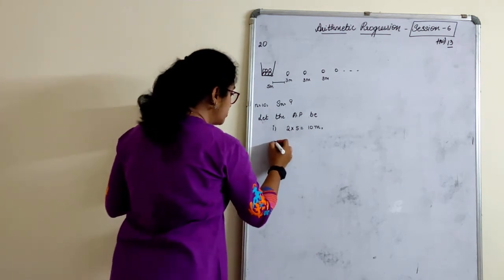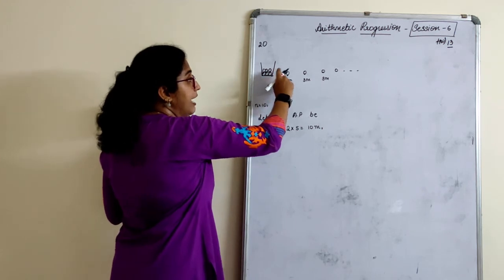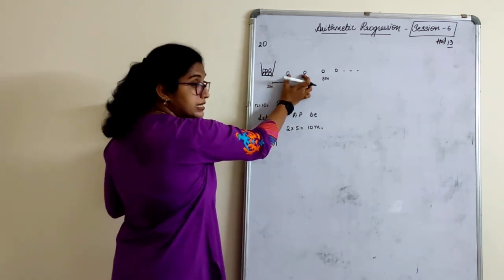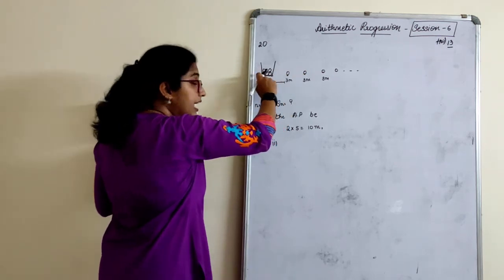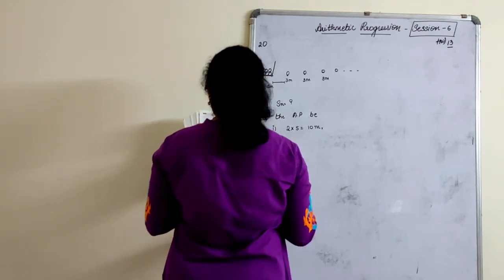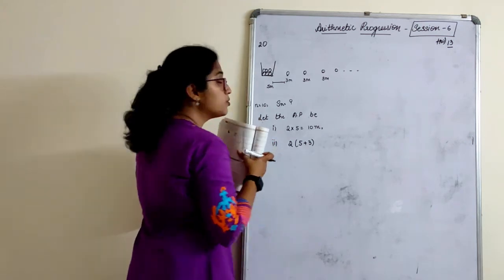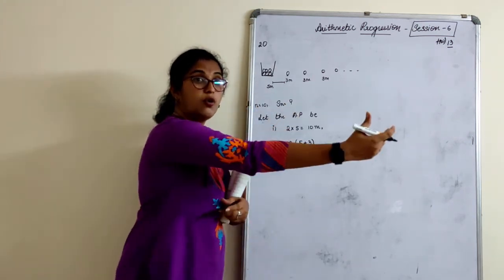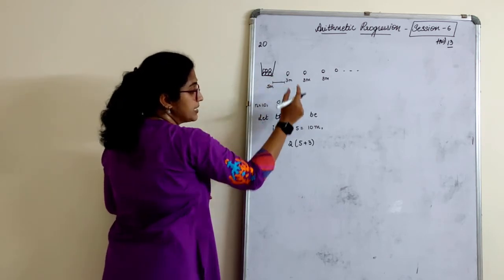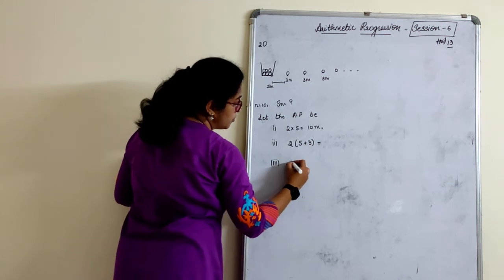Okay. Second one, you see here. Again, from here I have to run here. That means 5 plus 3. I have to again go back the same thing. Can I write this as 2 like this only? 5 plus 3, can I write? See, 2 times because I have to go, I have to come back. To and fro motion. So, 2 times 5 plus 3. I write this.